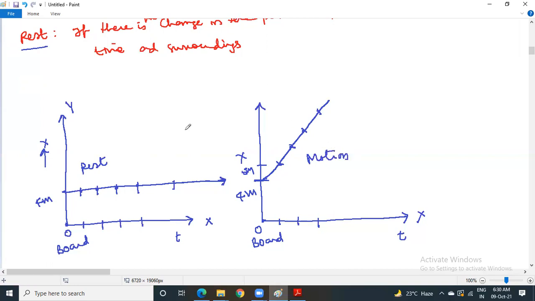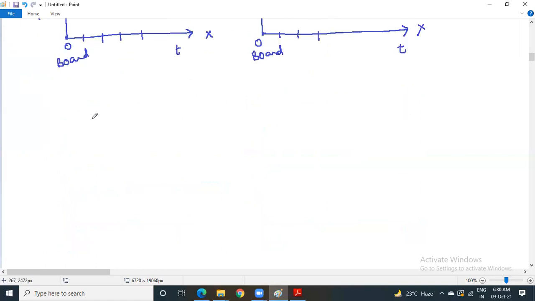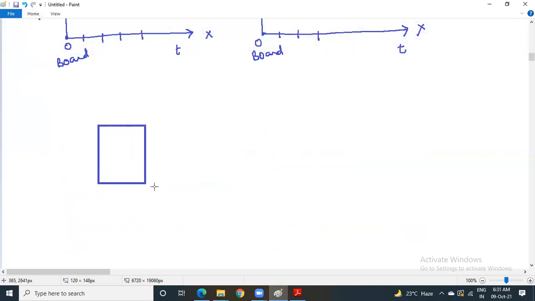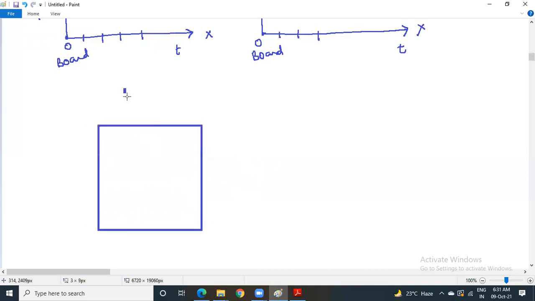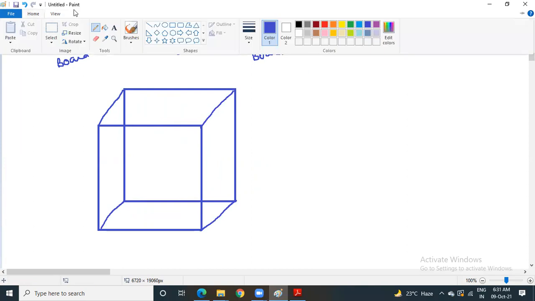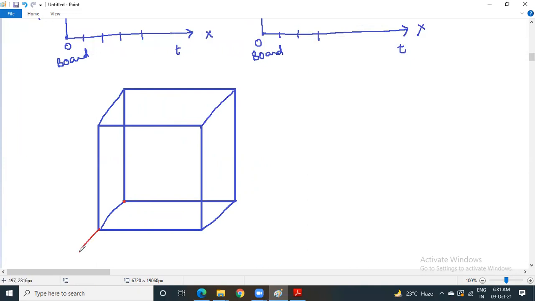Now the present topic name is motion in straight line. What does it mean? Now let me take a room here. Say there is an ant at one corner. Let us say this is the room. Just enlarge your eyes. It appears like a room. Let us say this is the reference. There is an ant here at the corner. So this is z-axis. By default, we assume this is x-axis. This is y-axis. Now there is jaggery here at the other corner.